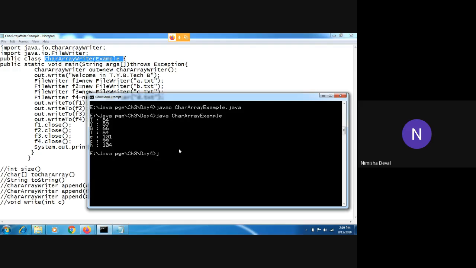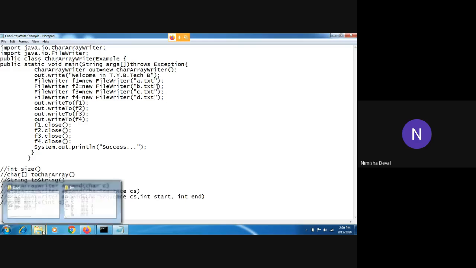So I will first execute it. For compilation, there is no exception, because this is the file handling exception. This is the writer class, so it has been generated automatically. But if we are dealing with the reader class, then it will generate the exception.